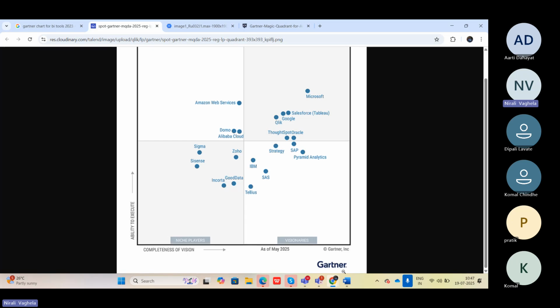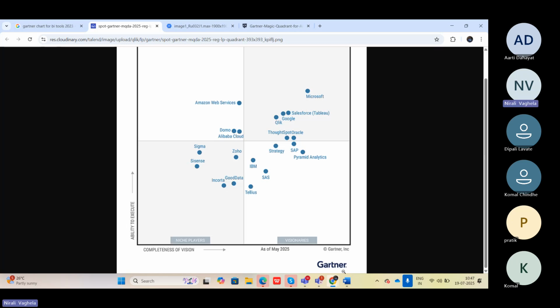So that is the reason we can see a lot of job opportunities in the market. That is the reason we always have to stick with the leaders category. Let's say today we are learning Power BI, we are learning Tableau, and this becomes outdated. What will we do in that sense?